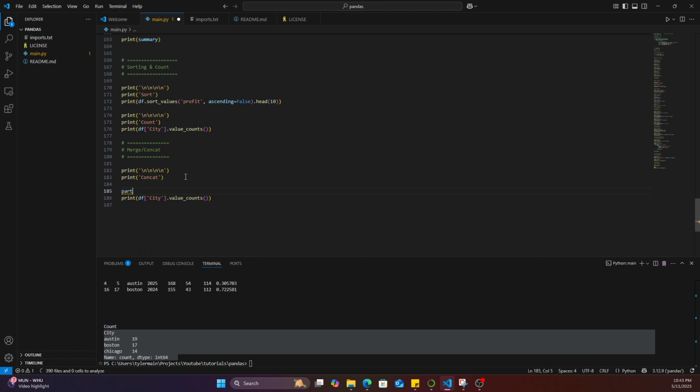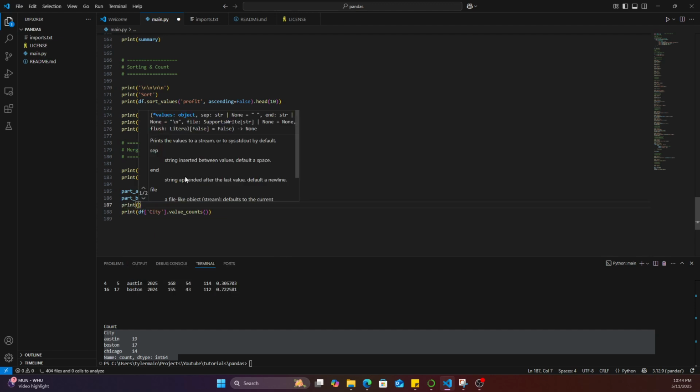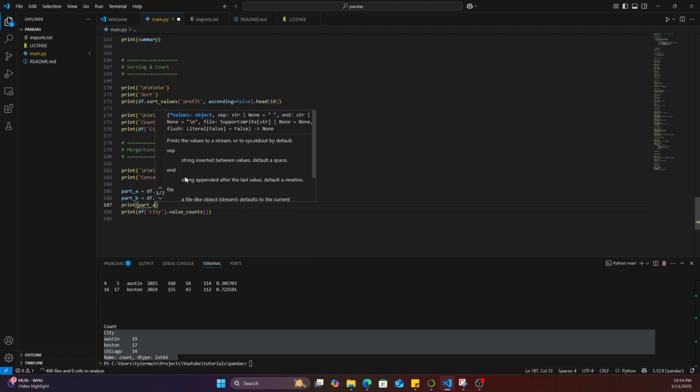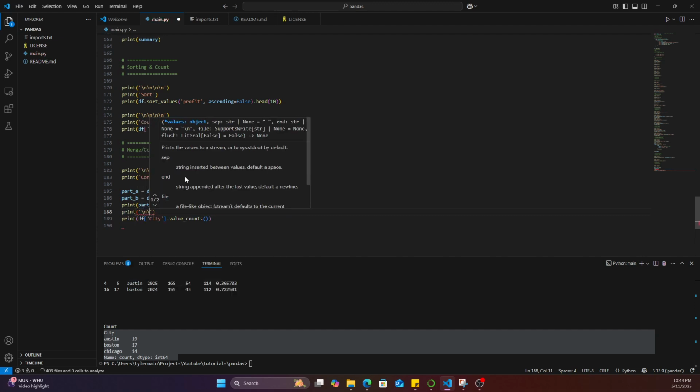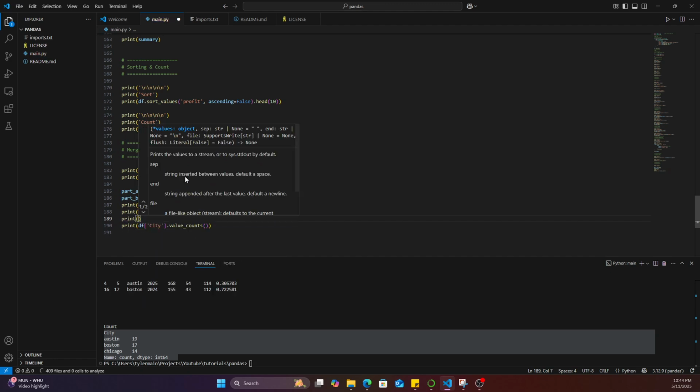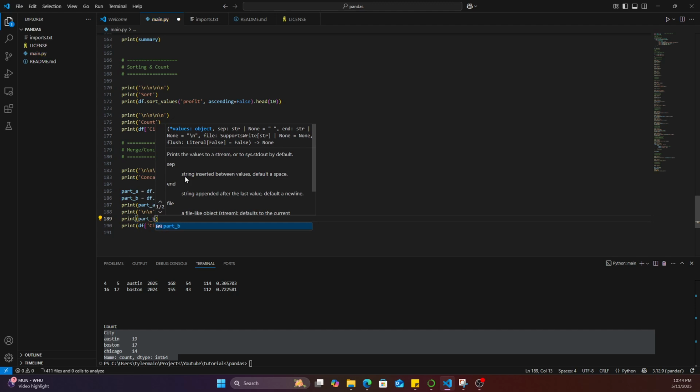So part A would equal df dot head 5, part B would equal df dot tail 5, and print them out, print out part A, B,